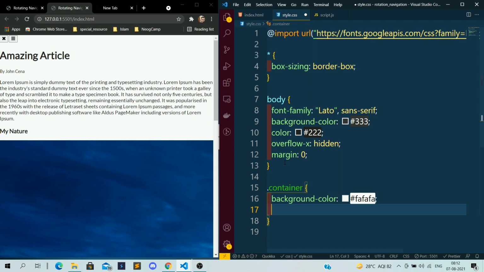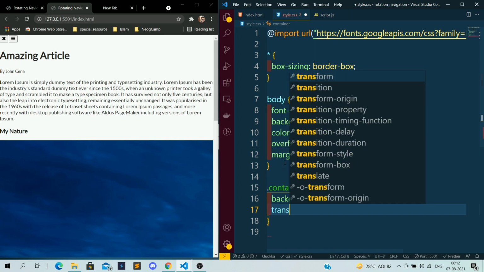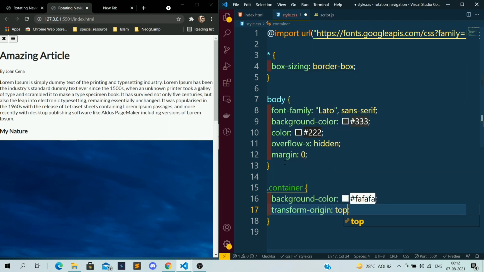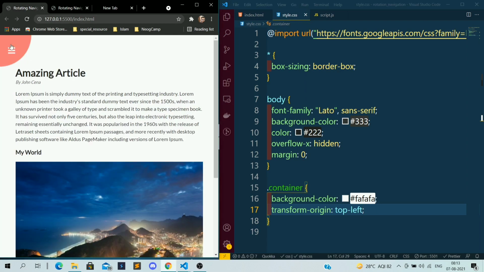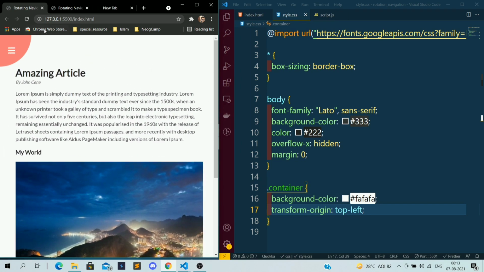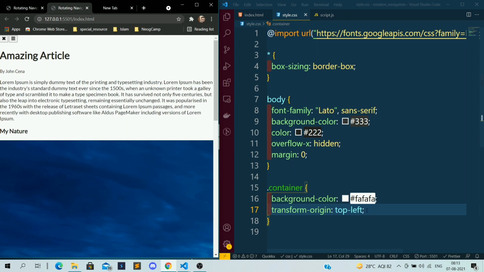I want transform-origin top left. Why? Because I want to rotate this whole content from top left. If I click on this button, this whole content will rotate from top left. So that is what I have written here, transform-origin top left.